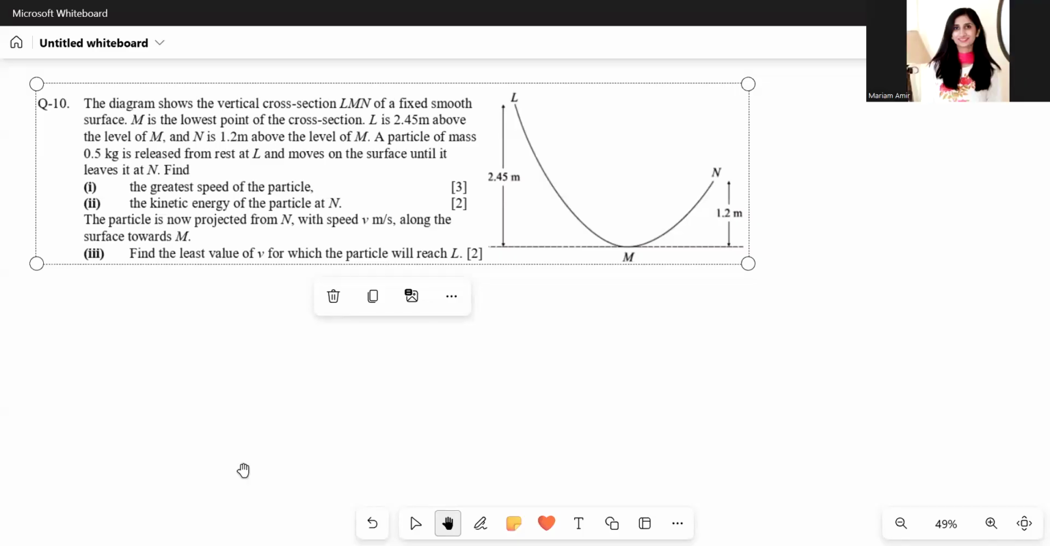Question 10, Worksheet Work Power Energy. Diagram shows the vertical cross section LMN of a fixed smooth surface. M is the lowest point of the cross section. L is 2.45 meters above the level of M. N is 1.2 meters above the level of M. A particle of mass 0.4 kg is released from rest at L